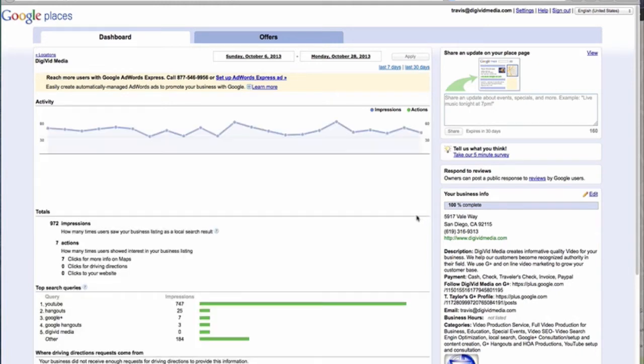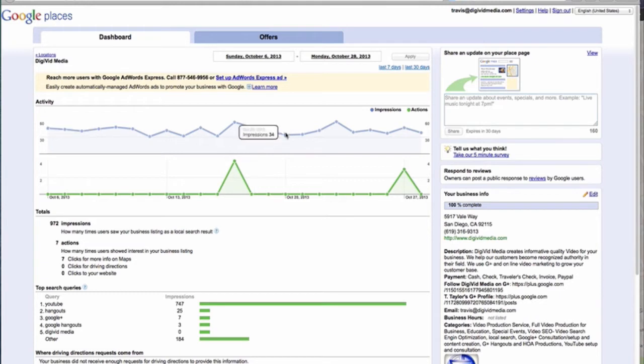of Google Places. I currently do not have access to the updated new dashboard that you get when you first sign up to Google Places. If you're a business just starting off, you're actually in a much better position than many businesses that started off with a Google Plus page and then learned about Places, which is actually the way I ended up doing it. And I probably should have created a local business or Places page when I set up Google Plus, but I picked a different kind. So I am stuck here with the old